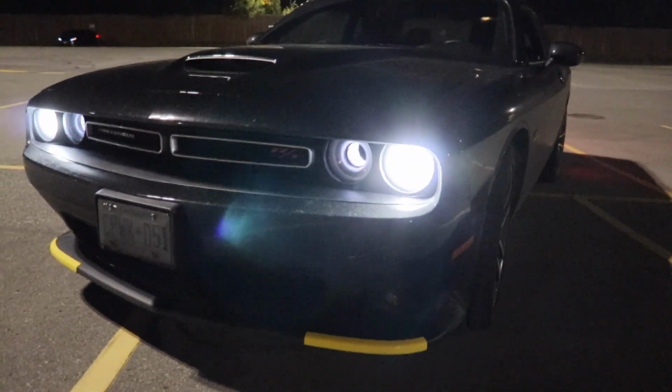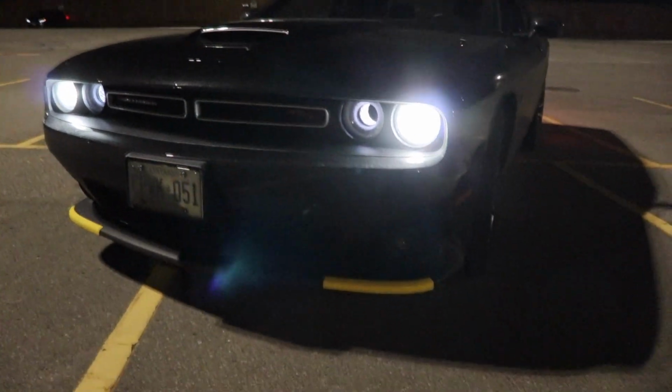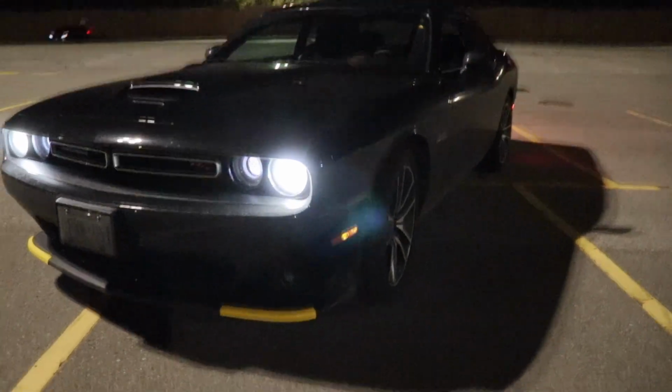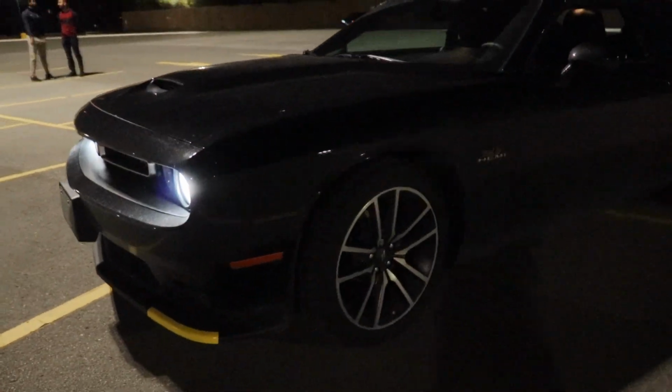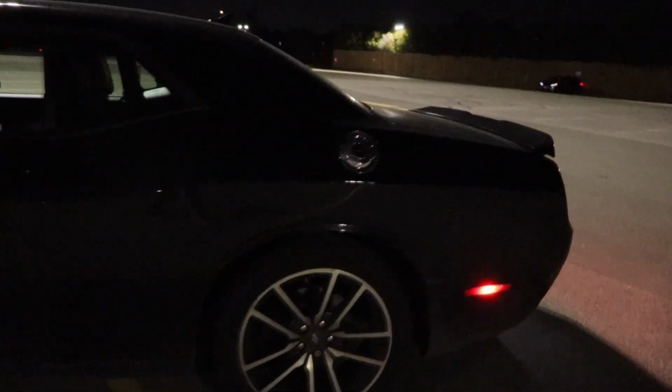Alright guys, starting with the front of the car, got the new LED lights, and also as you can see, that's the hood scoop. We got the RT badge in the front, the lip, the rim package, and going back, you have the chrome fuel opener,